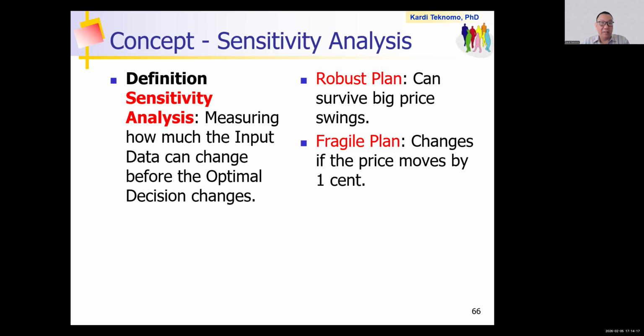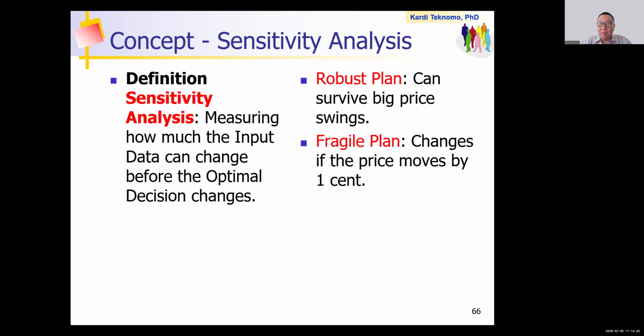So what is sensitivity analysis? Sensitivity analysis answers the question: how sensitive is my plan to error? If a tiny change in the price forces you to change your zoning completely, then you have a fragile plan, isn't it?